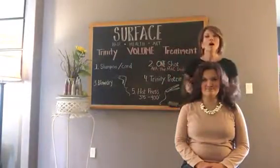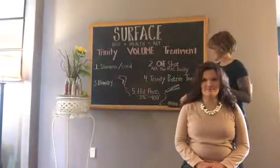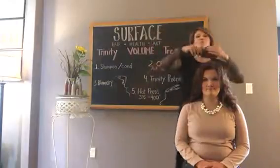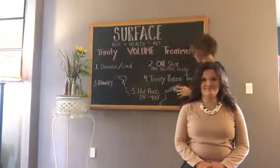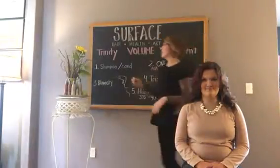So from there, I blew dry her hair. I got her about 75% dry. I took my Surface TK2 round brush and I just really worked that in, and I wanted to create some more movement in that hair. So when I was finished with that,